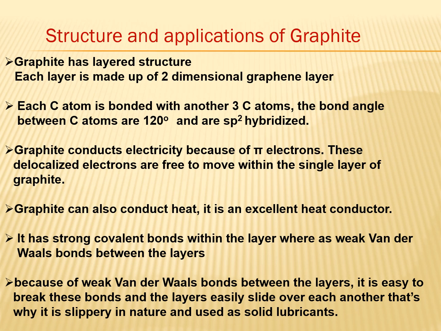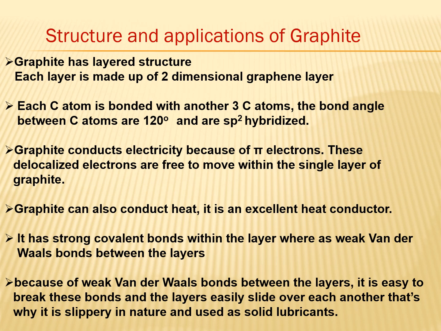Graphite is composed of two-dimensional layers, and between the layers it has weak van der Waals forces which hold the layers together, and that's why they can very easily slide over each other. Because of this property, it is used as pencil lead. Graphite is soft and slippery in nature. That's why it is also used as a solid lubricant.